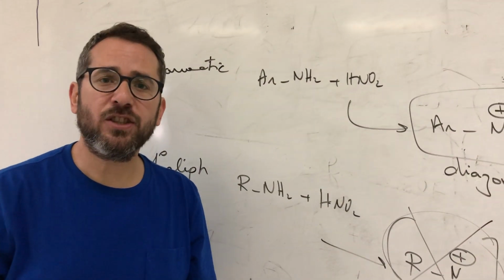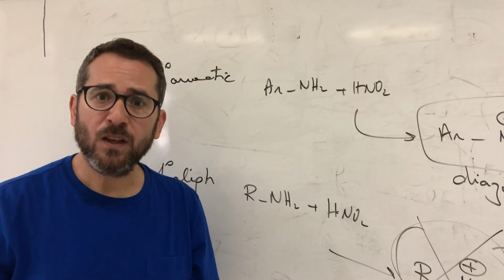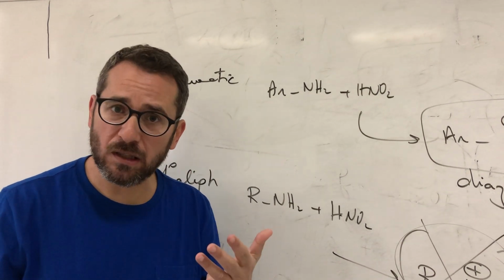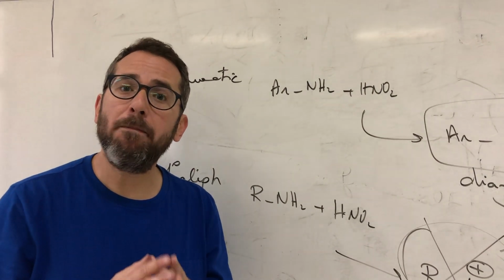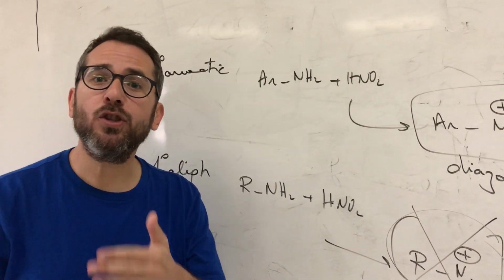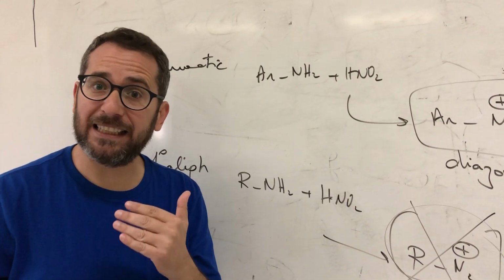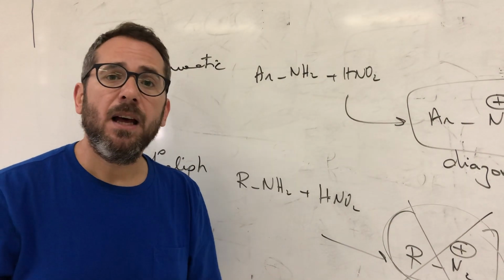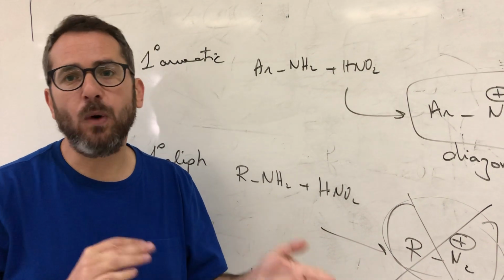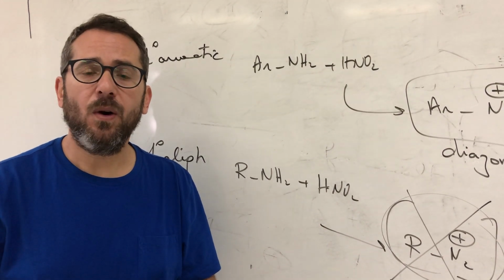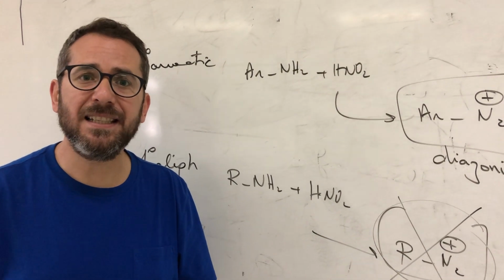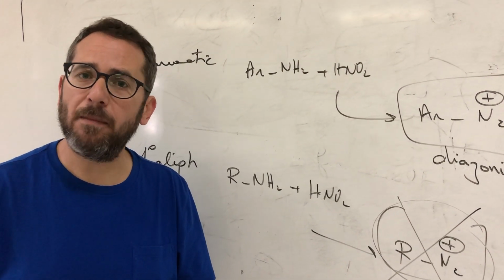Like this, we have finished the chapter of amine. You must know how to name amine, primary, secondary, tertiary, and their salts. You must know some methods to prepare amine, essentially what type, primary, secondary, tertiary, or salt, and don't forget Hofmann degradation. And we have seen some reactions of amine, how to transform it to amide, etc. We will continue in the next video and do exercises concerning the chapter of amine. Thank you.